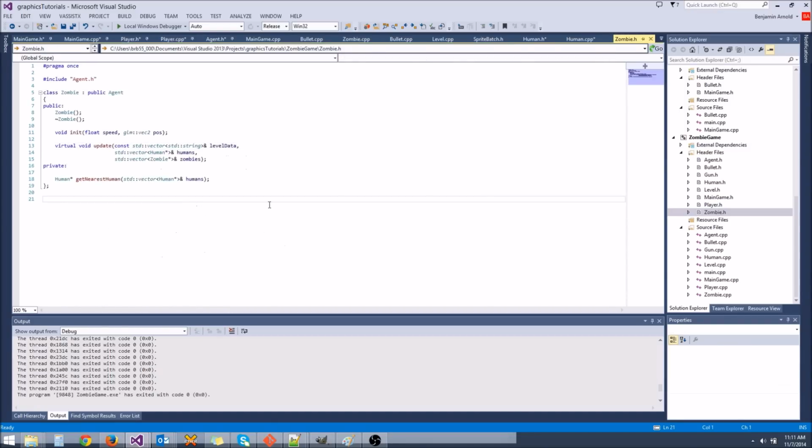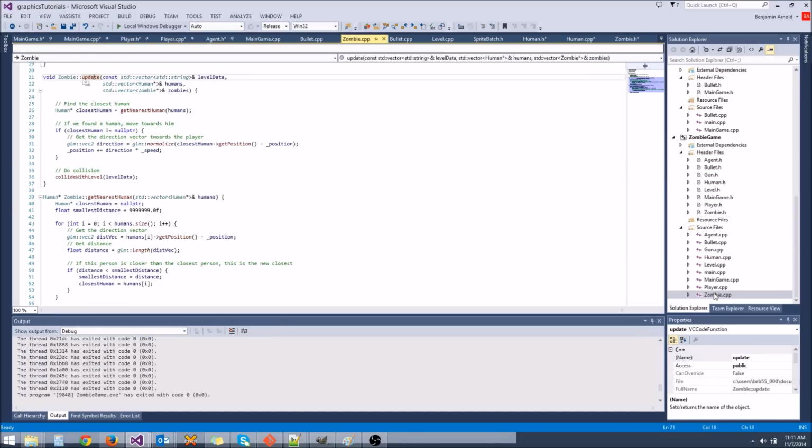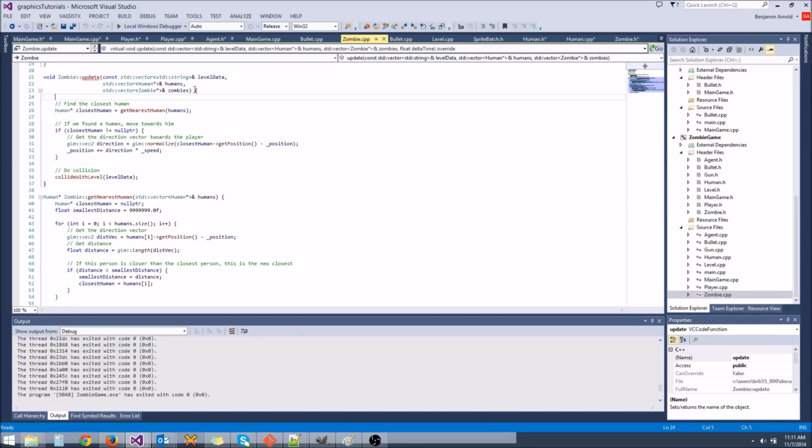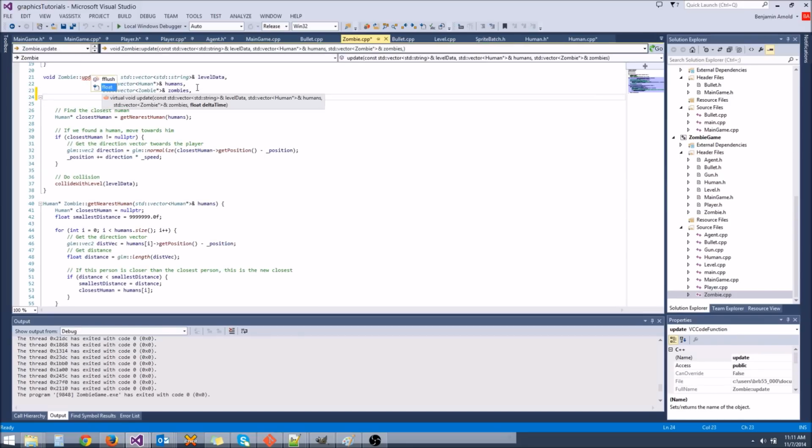Let's go to zombie.h. See how we're not getting an error here. This should be override. And now it's going to give us an error because we do want to override something. So this is float delta time. And if we go to zombie.cpp, we'll add that in there as well. Here's the update function. We'll go ahead and do float delta time. All right, and finally we can multiply delta time here times delta time. There we go. So now our delta time will be applied to all of our